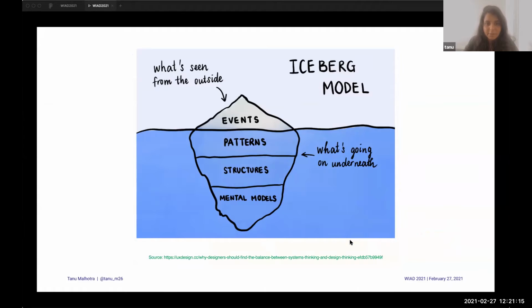They could be information bits like a home or about me section on a website. This is something seen by the user, but there are a lot of layers buried beneath it, which really create the very foundation of the structure. So I'll quickly run you through the iceberg model here.